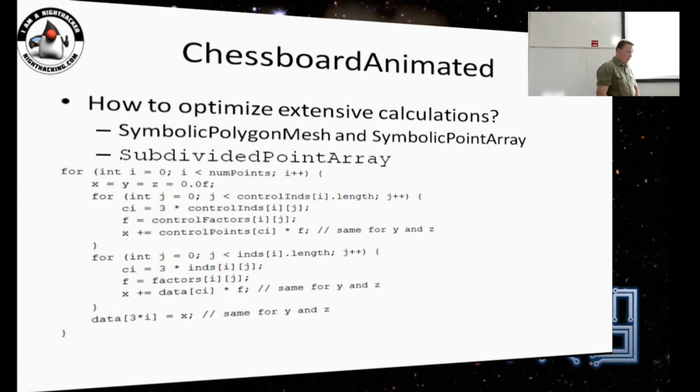So whenever we need to update, for our linear formulas we have indexes of the points we're going to use in a calculation, and we have factors that we're going to multiply. So we just go through all the points of the original mesh we depend on and multiply by different factors that were pre-calculated as part of the subdivision process.